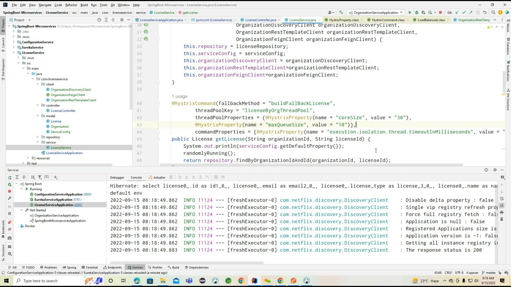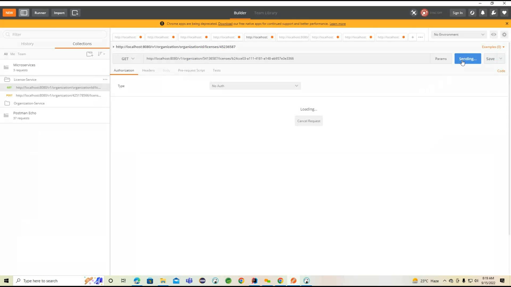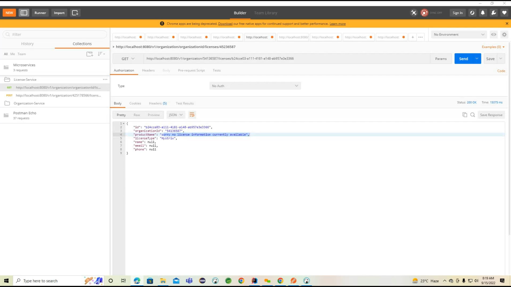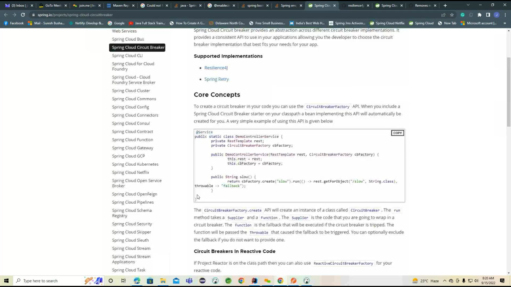So this is all the basic information about the client-side resiliency patterns we discussed here. Okay, so any questions on this? All the three patterns we identified here. Okay, so this is what we are getting. Now if you understand more about this particular key here, in the cloud section,